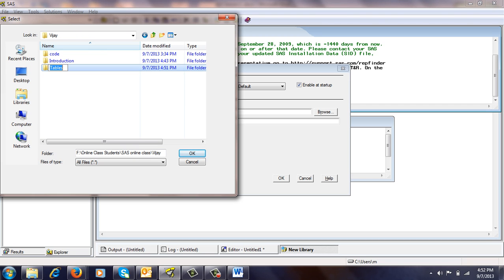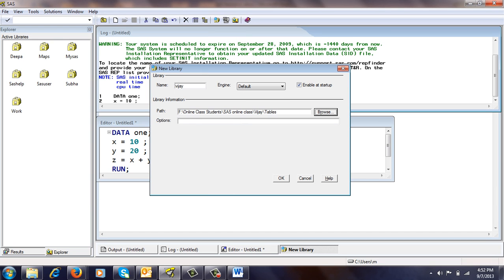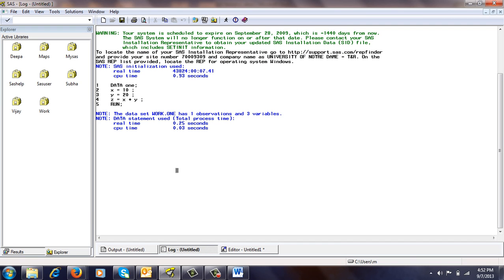So I take this tables folder as my location for the library. You can see it gives the path as AF online class students SAS online class tables. Click OK. Clicking OK is going to create a library with the name Vijay.